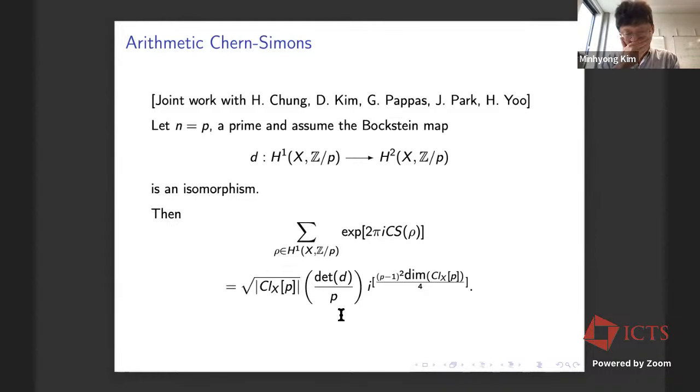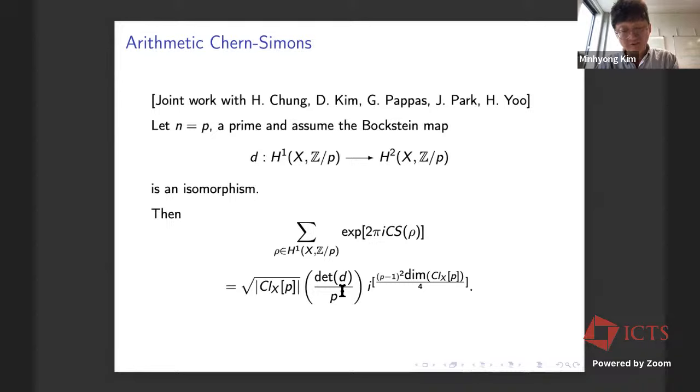So it's kind of intriguing, I think, because this is a rather simple exponential sum of roots of unity, and you can get a square root of the class number out of this sum. And there's a sign here given by the Legendre symbol, and there's another sign here. But anyways,